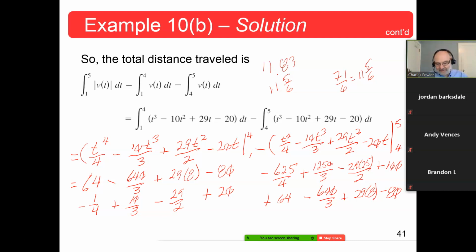Any questions on that? Was I too fast on the calculations here? Did you see how we got them? Yay or nay? I'm not usually too fast on anything. Okay, Jordan gave me a thumbs up, so I assume the others are okay with it too. All right, Brandon did too. Andy's still asleep. No, I'm just kidding.